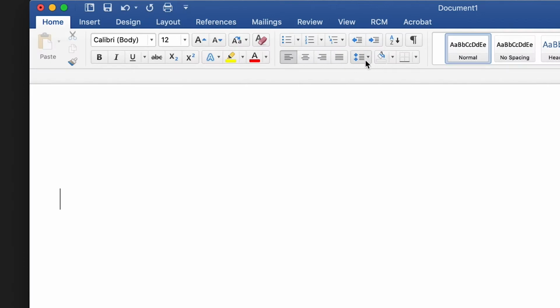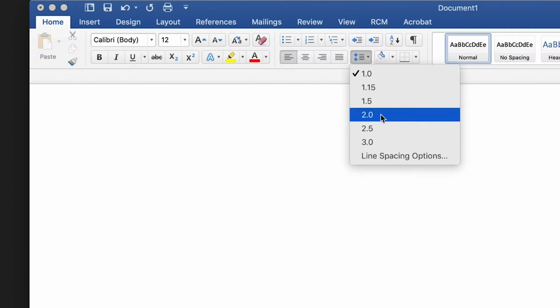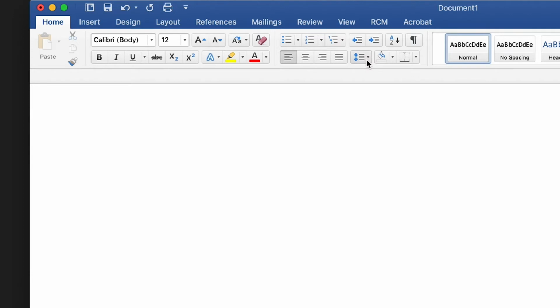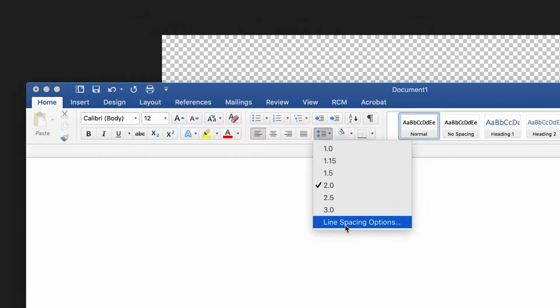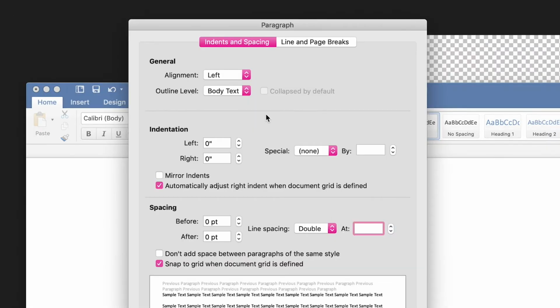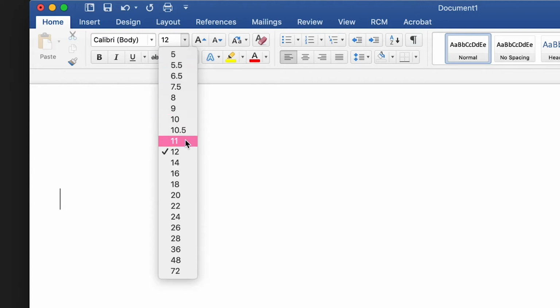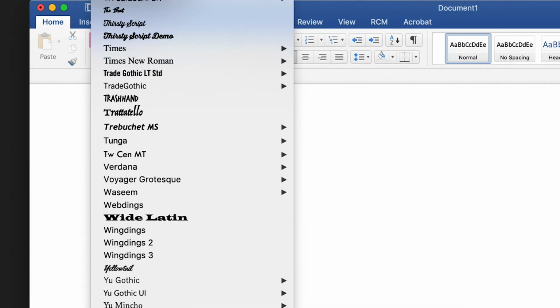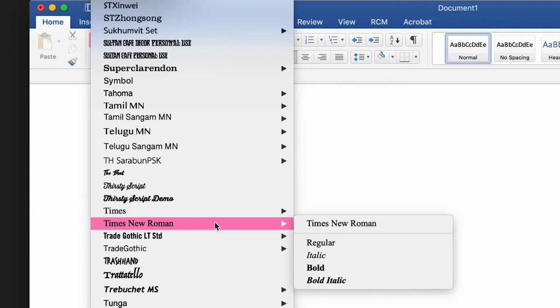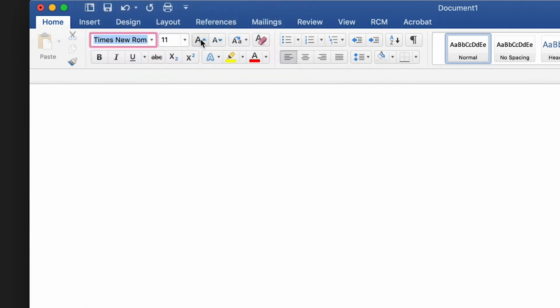Next, under the Home menu, you can change the paragraph settings by selecting 2.0 or double line spacing, and remove any additional spacing coming before or after a paragraph. Then set your font style to either a sans serif font, such as 11-point Calibri, or a serif font, such as 12-point Times New Roman, as recommended by the APA manual. Once you have the basic formatting set up, you'll want to move to the title page.